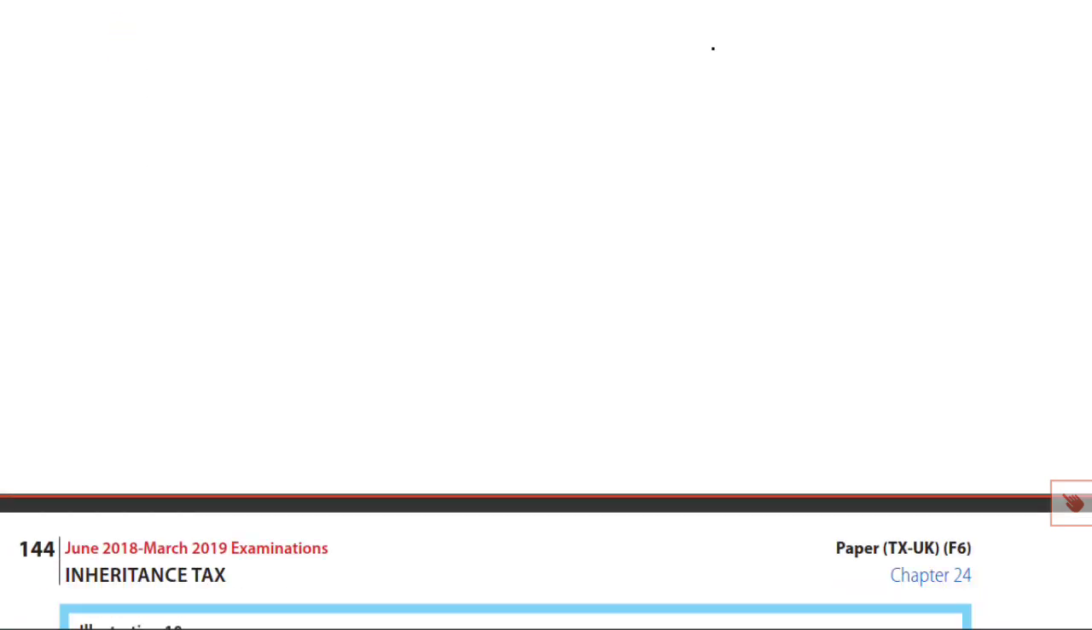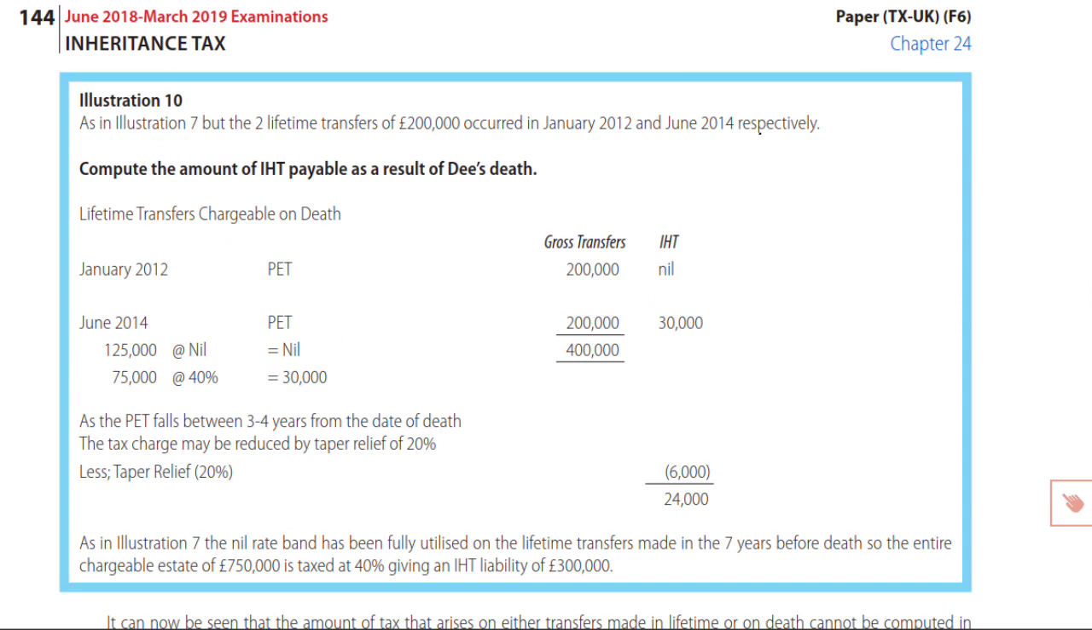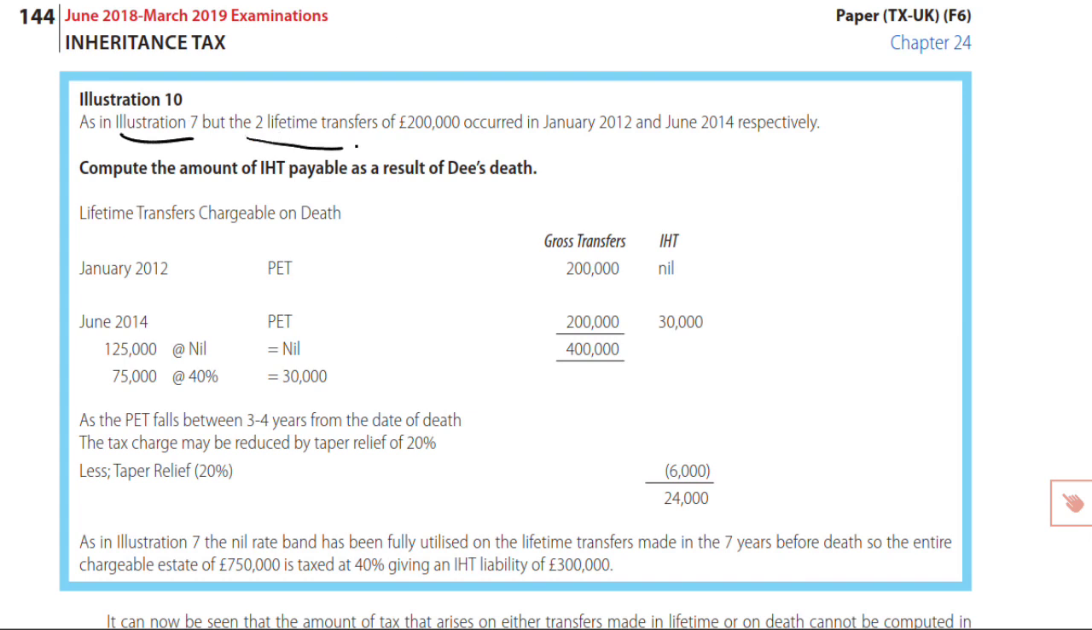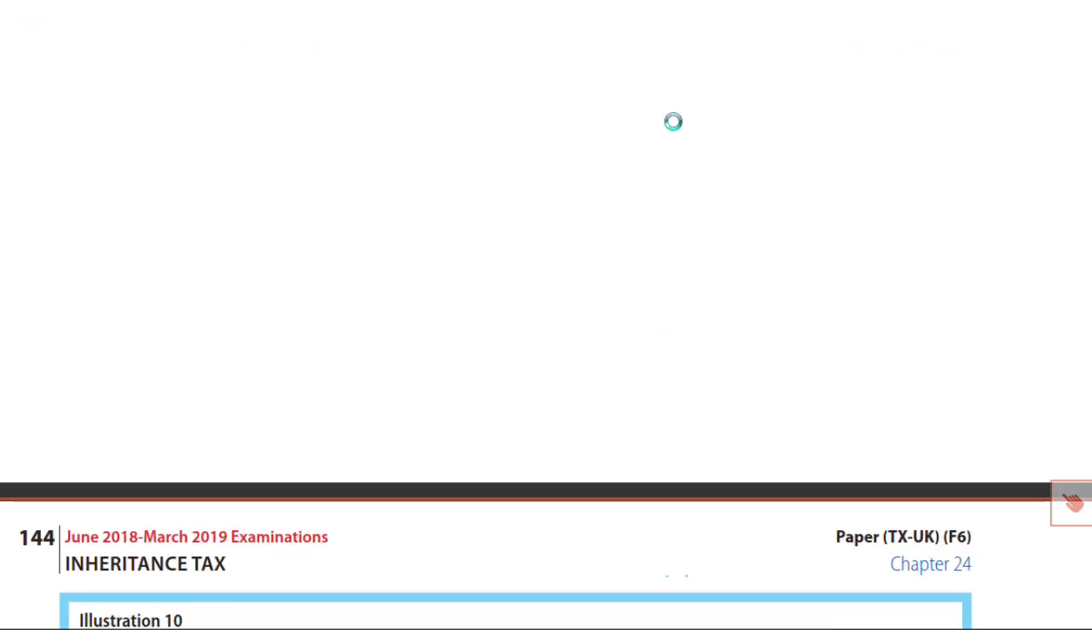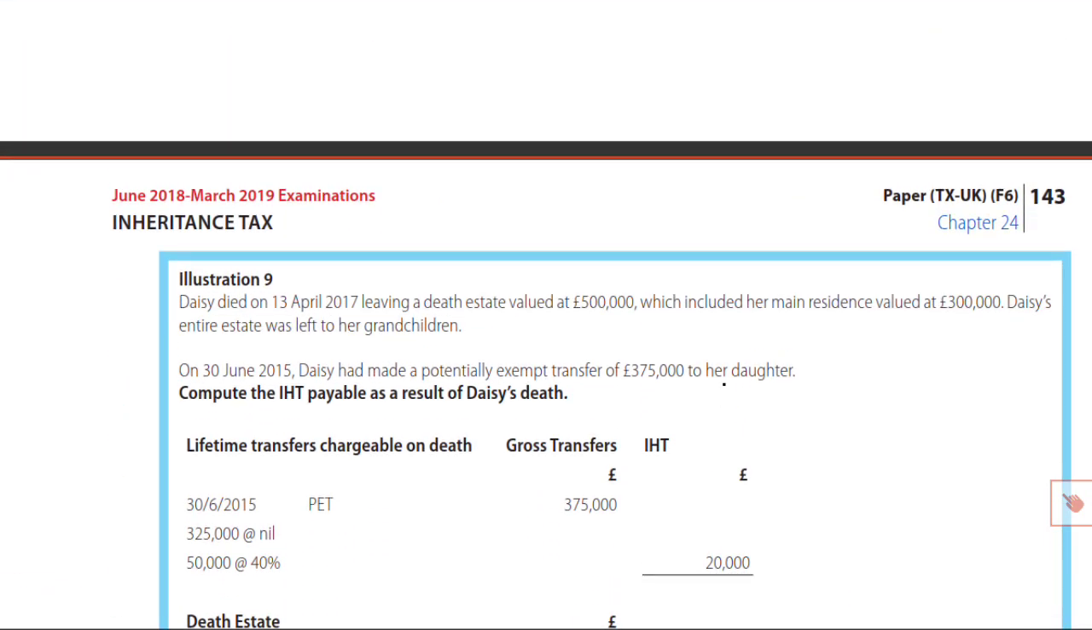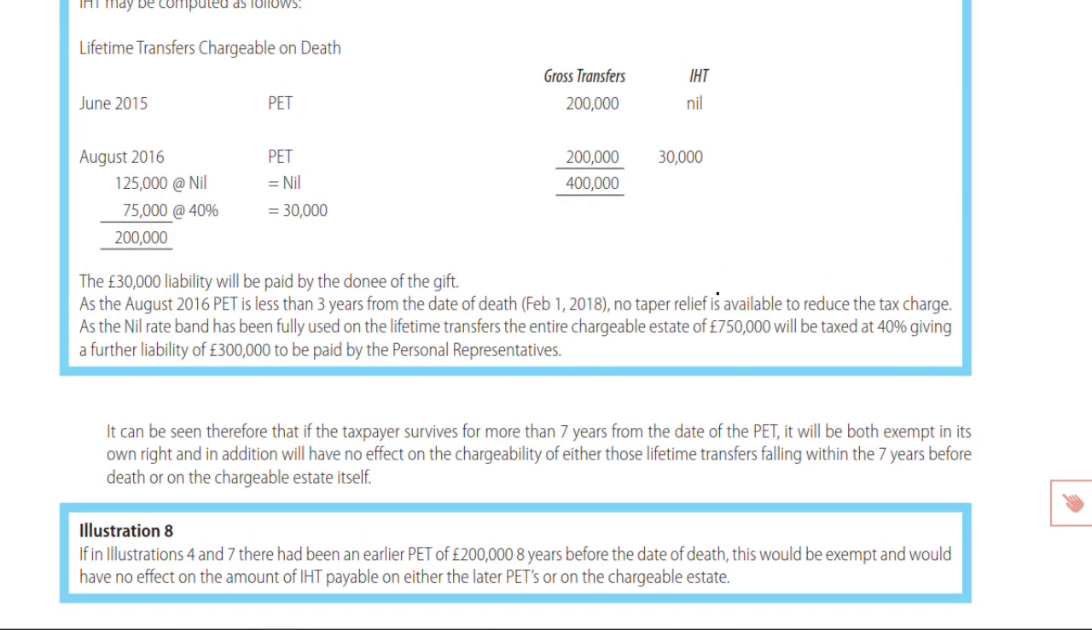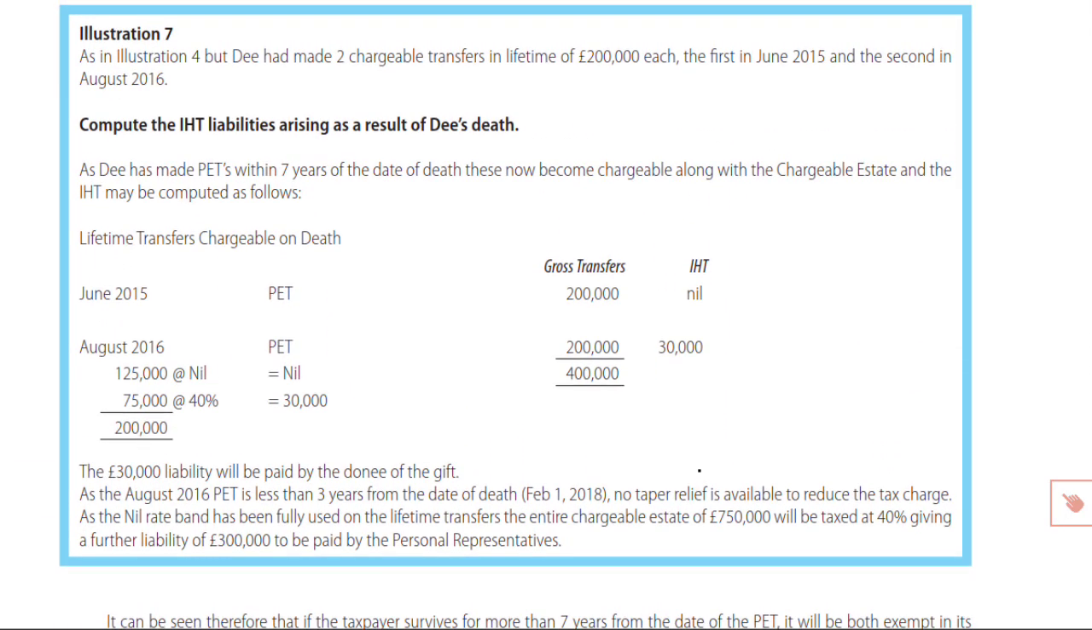So, what you have here is illustration 10 that tells us, as in illustration 7, but the 2 lifetime transfers of £200,000 occurred in January 12 and June 14 respectively. Now then, again remind ourselves, in illustration 7, if I can find it, in illustration 7, here we go, we had the transfers occurring in June 15 and August 16,